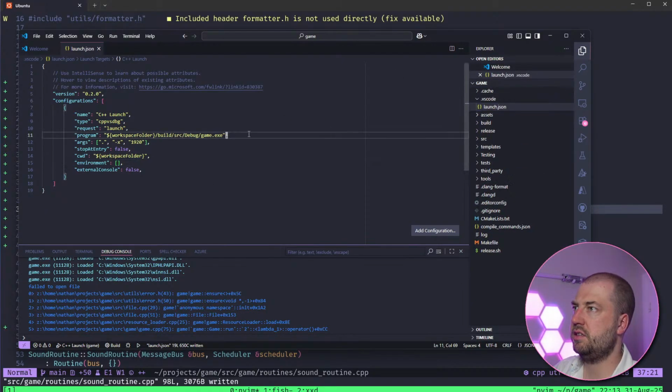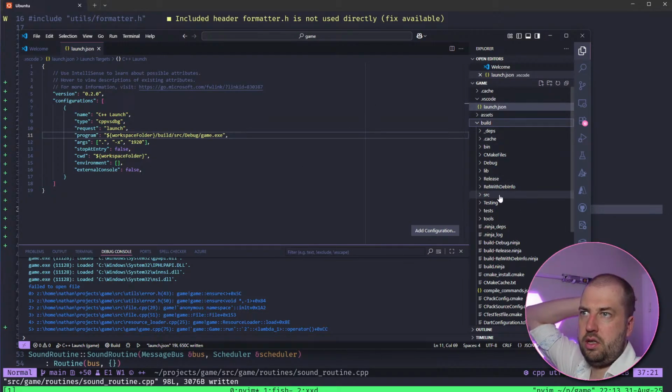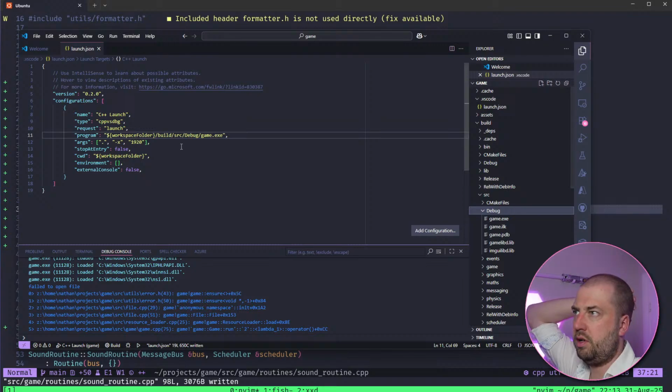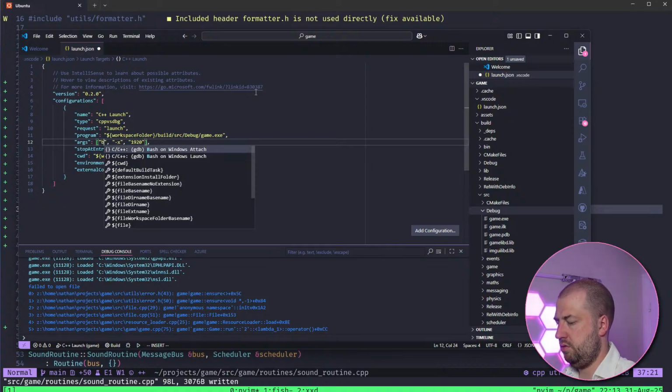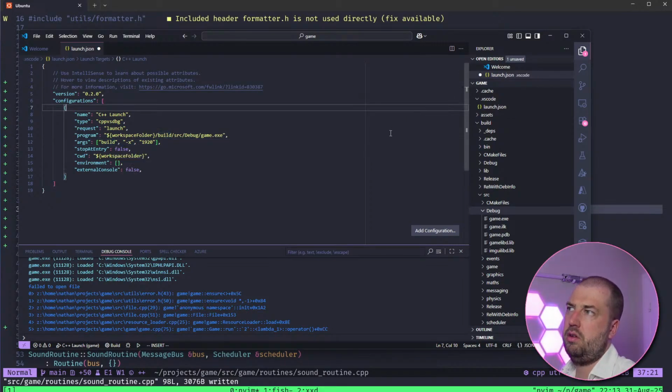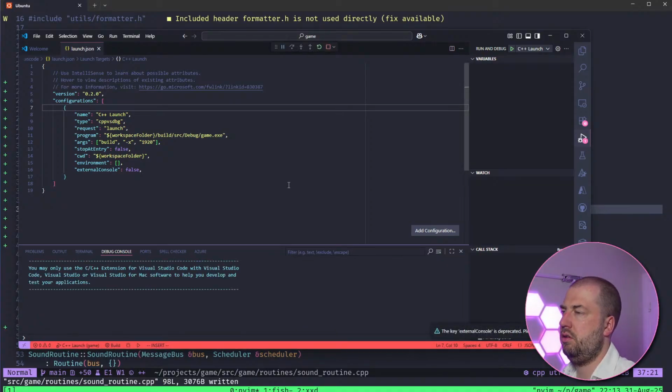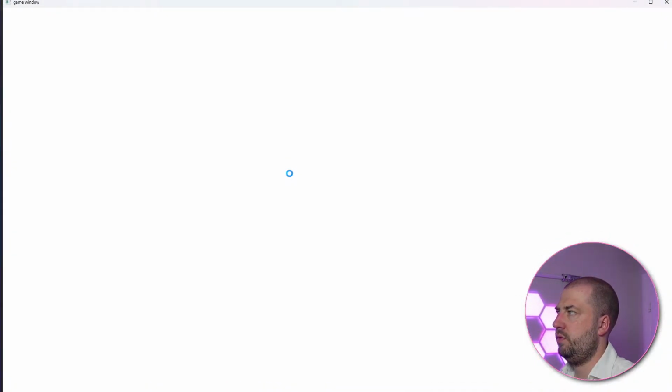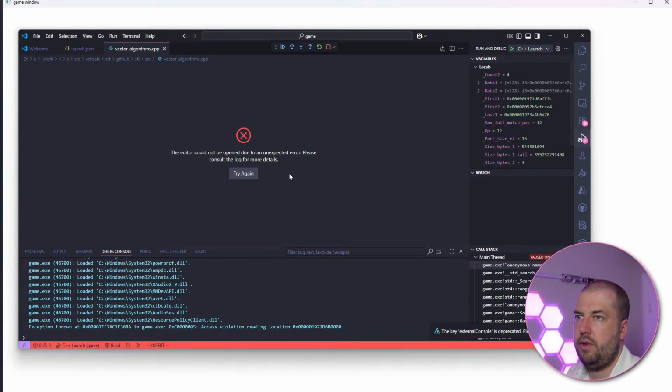I have the assets, so why is that? Build source debug game. Oh, then that needs to be build. I suppose I could check my makefile. It's looking a little bit better. Okay, here we go.